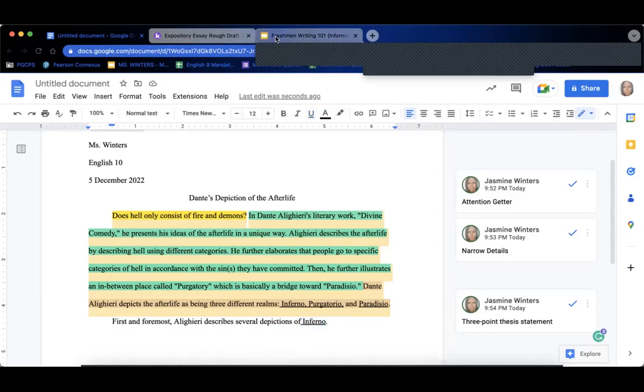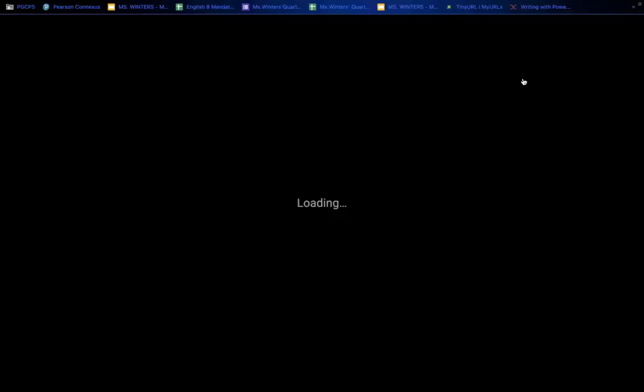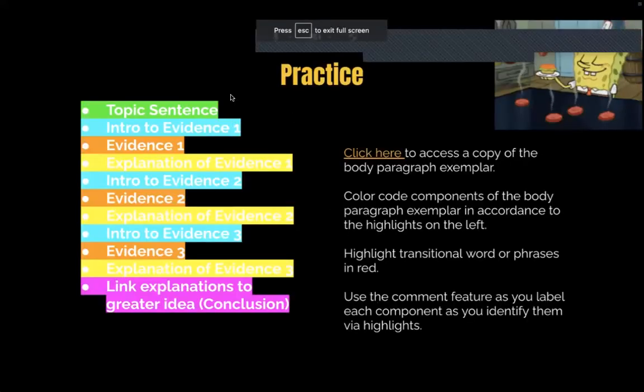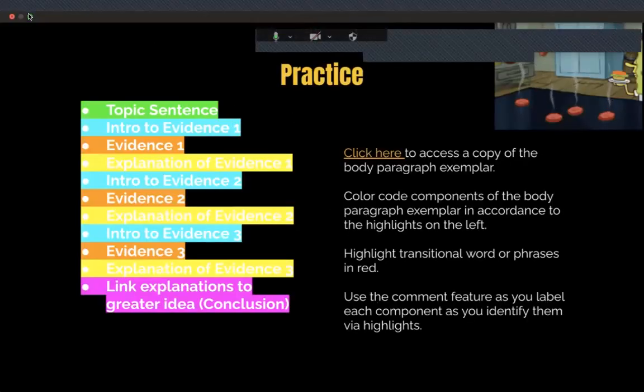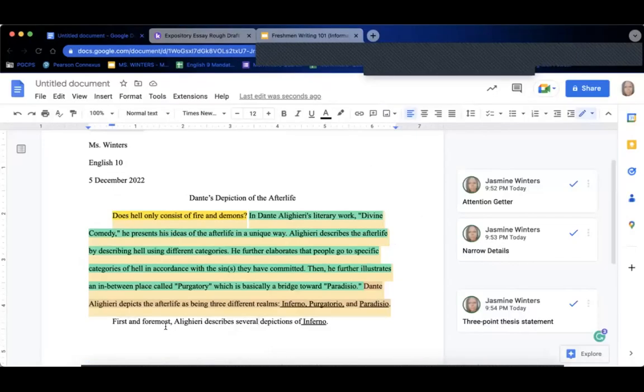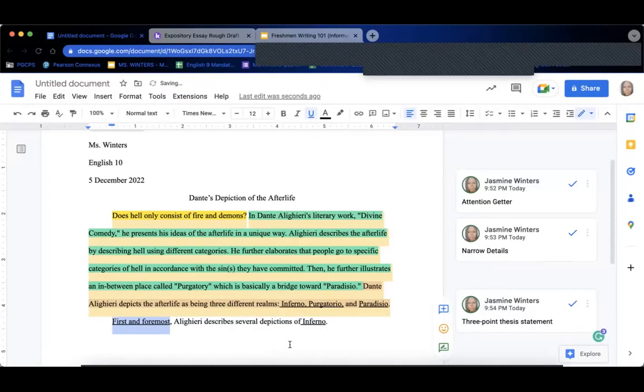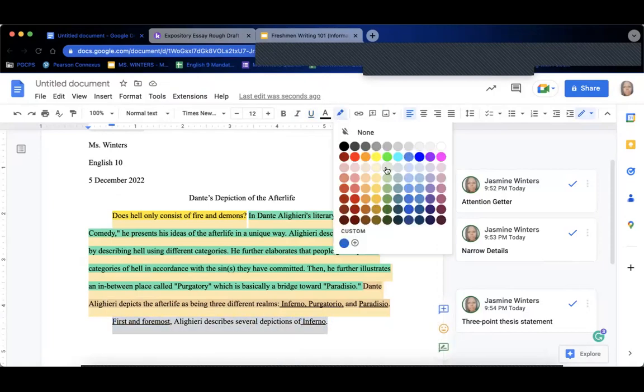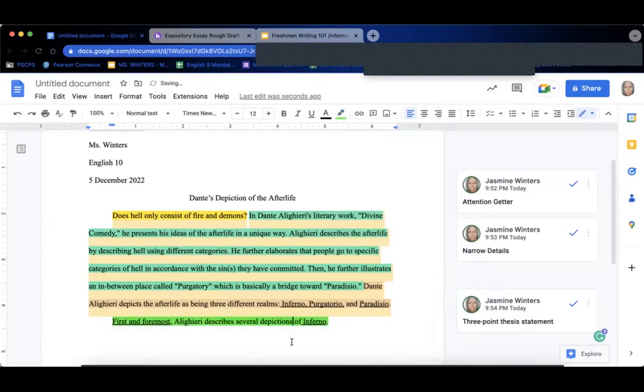Okay. So when I go back here and I look at the actual key, I'm noticing that the topic sentence is green. Okay, but we also mentioned that we need to have a transitional word or phrase before the actual topic sentence. So I decided to use "first and foremost" because that phrase helps introduce the beginning paragraph. It's a nice one. All right, so I'm going to go ahead and highlight this green. It doesn't relate to the same green highlight above. Okay, all right,